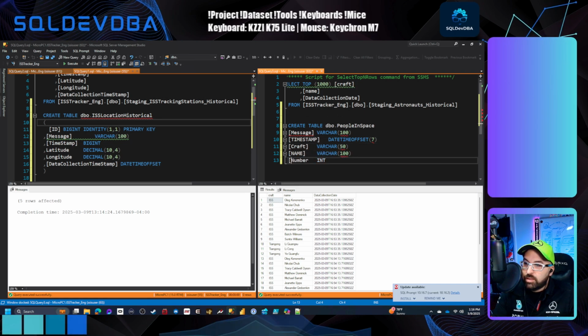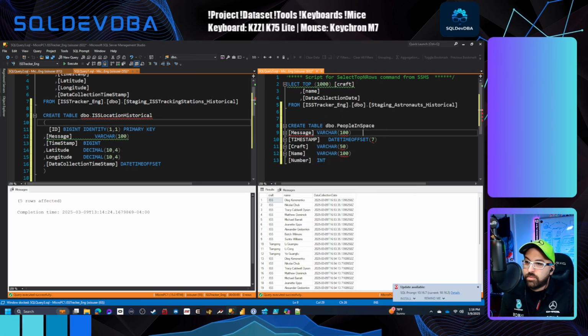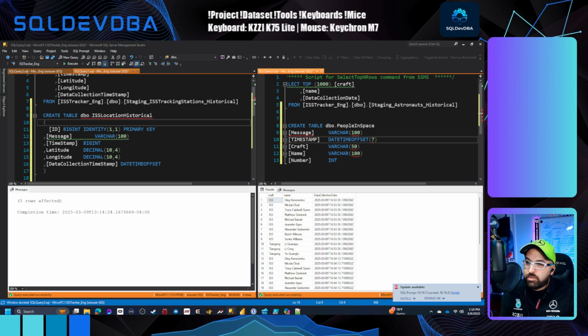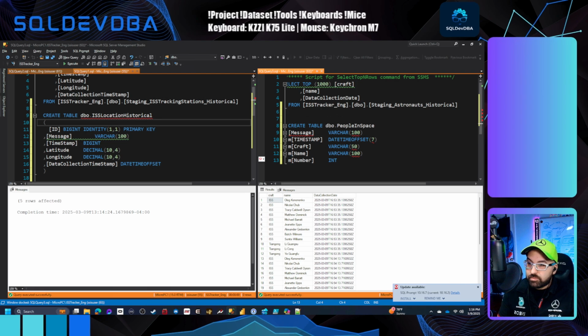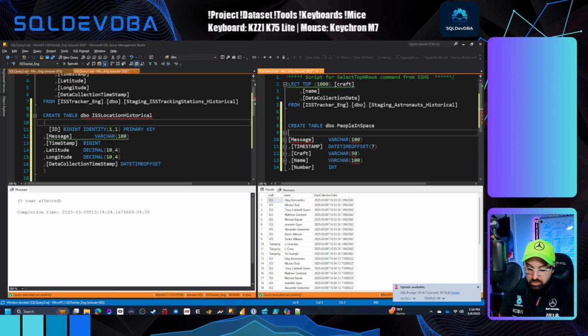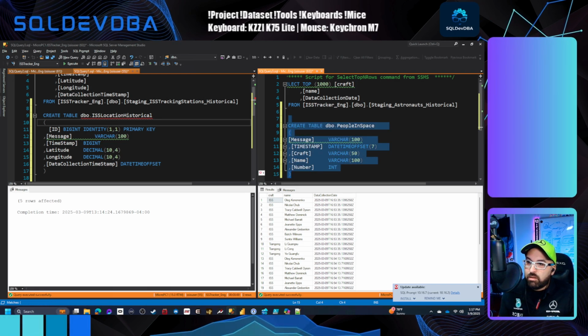And it already did. It tried to capitalize our entire name column, which is fine. It's just annoying. Put some commas here. Nope, that's an M. And open parentheses, close parentheses. And now we have our historical table